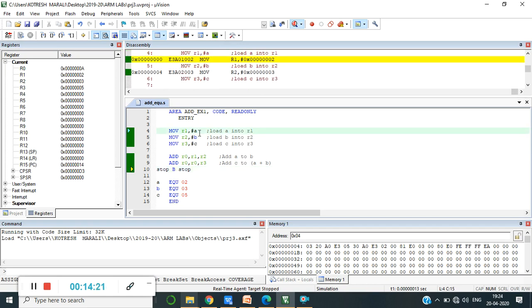That's all about this particular example, writing the program using the EQU assembler directive, wherein you need not write the direct address or the immediate data. Instead the data can be read through the variable itself by making use of the EQU directive, which is as simple as defining it in C programming. Wait for the next video. We'll come up with one new concept with respect to memory swapping of data. Till then, happy programming. Have a nice day.